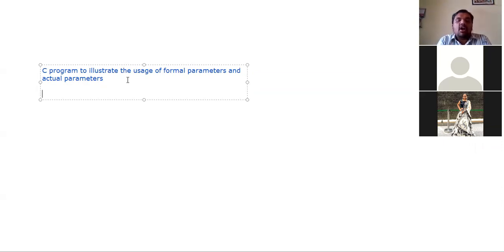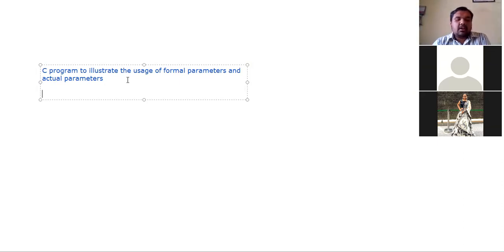If the variables are used in the function call, they are nothing but the actual parameters. With the help of formal parameters and actual parameters, we can go with one type of parameter passing technique called pass by value or call by value. Now let us see the usage of formal parameters and actual parameters, how it is going to work.